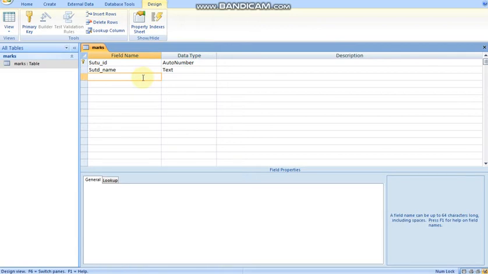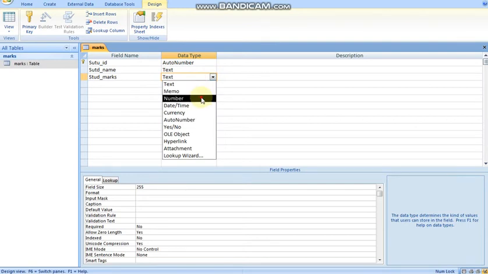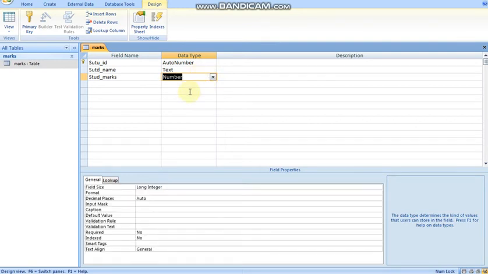Then for marks, suppose stud underscore marks, and marks will be in number format, so just select the number data type.